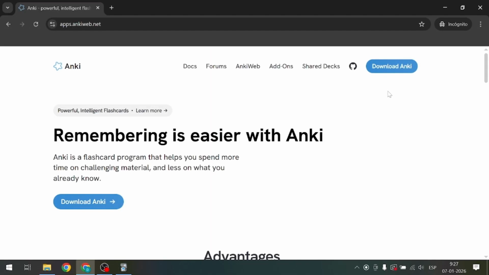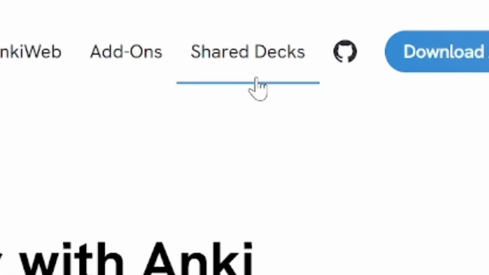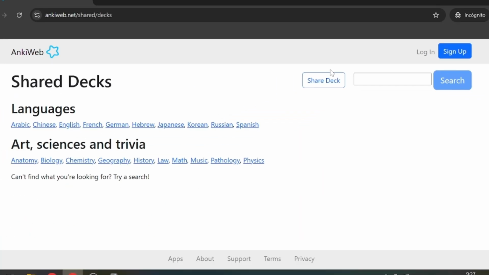While making your own cards is the gold standard for language learning, it can be a little time-consuming, especially if you're just starting out. A great way to jumpstart your progress is to download a pre-made deck. Anki Web has a massive library of decks shared by other users. Just go to ankiweb.net, share decks, and here you can search for decks for pretty much any language.